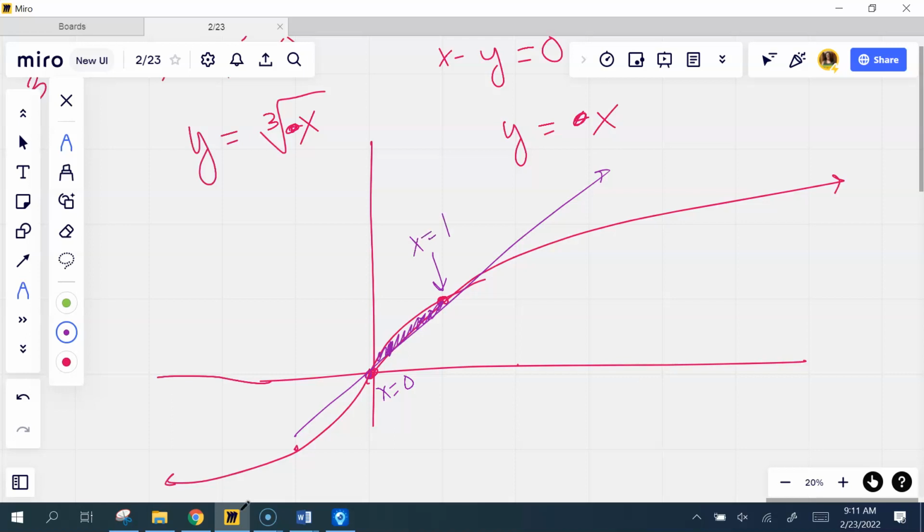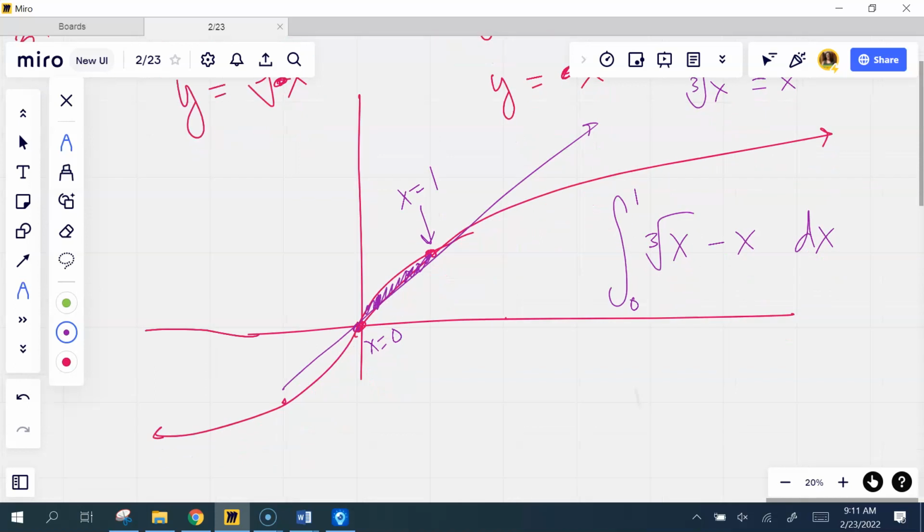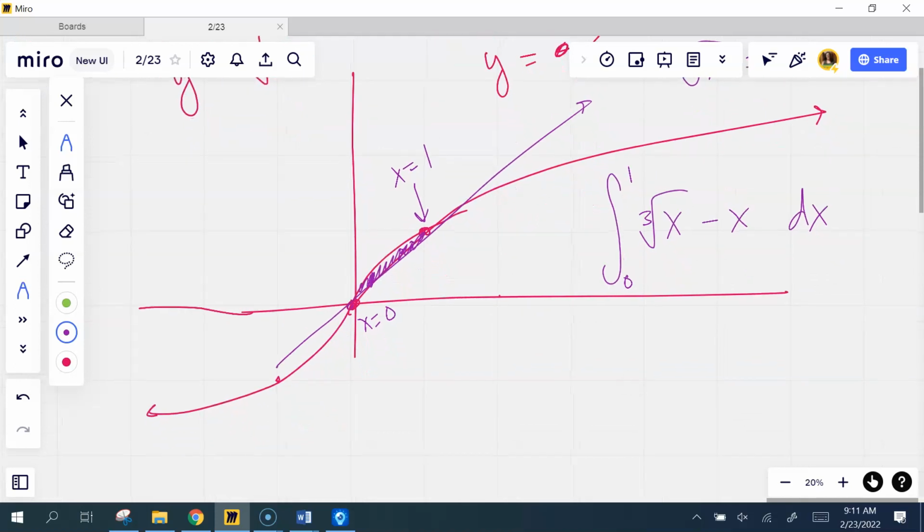1? Or you could do cubed root of x equals x. Yes. If this was a calculator problem, I definitely would. So I would go from 0 to 1 of the top curve, which is cubed root of x minus x, dx. This should be an easy peasy integration for you. The antiderivative of x to the 1/3 is